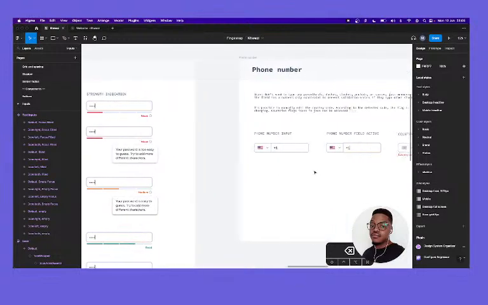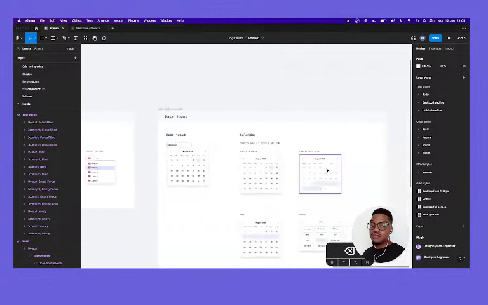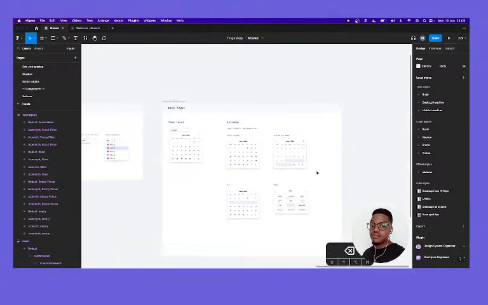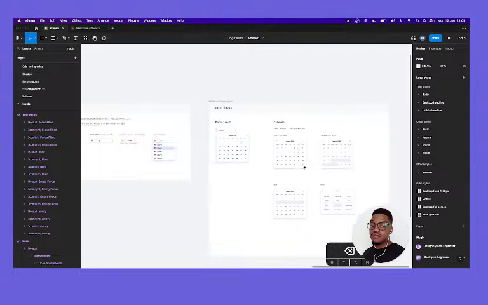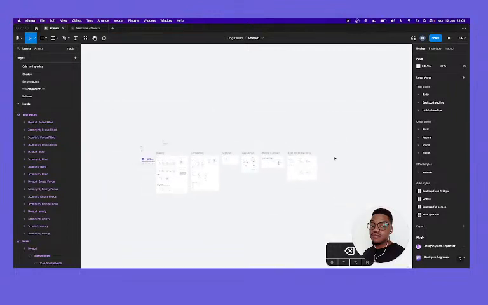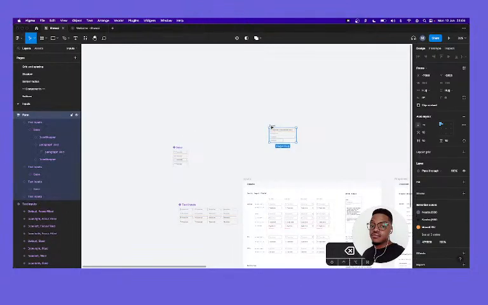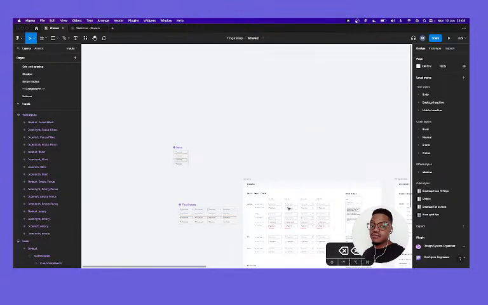Then phone number, not necessarily. What I also don't see, date input is quite important. We'll probably get to work on those. So maybe we'll do another live tomorrow just to have these sorted out by the end of the week. But also another one is file input. That's something that I often use but don't actually ever have. So yeah, that's gonna be good. Anyway,